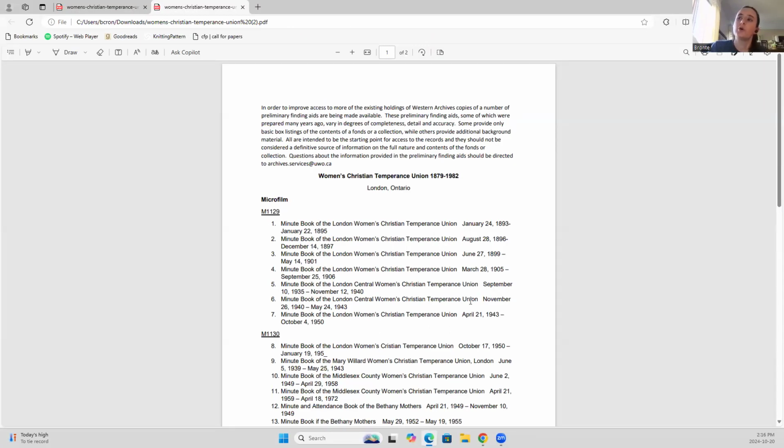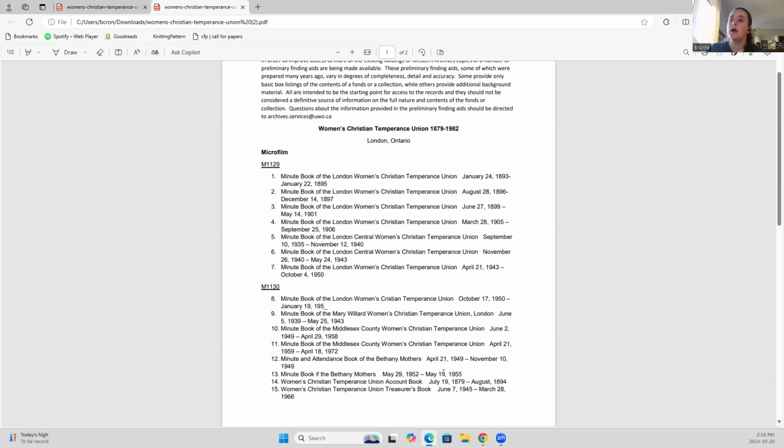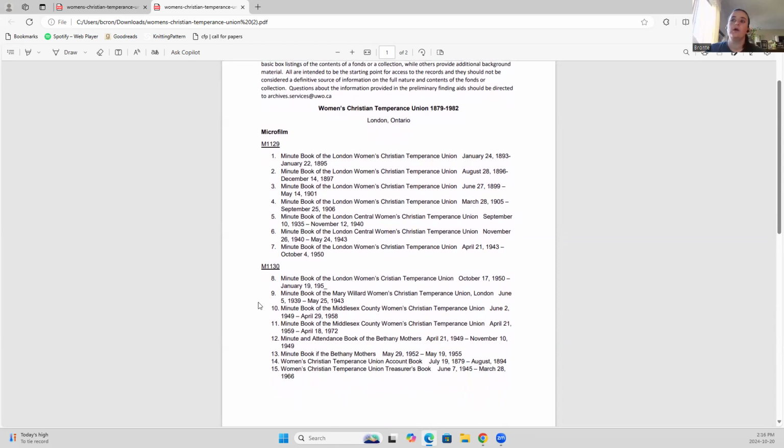And this is pretty typical for what you're going to find when you open a finding aid. This is a preliminary finding aid, so it's not going to be quite as detailed as something that is a little bit more formalized. But really what we're getting is a list. We have a whole list here of what is in these boxes. So if I was preparing to go to visit this archive, or I was thinking about what I wanted to access and how I was structuring my project,